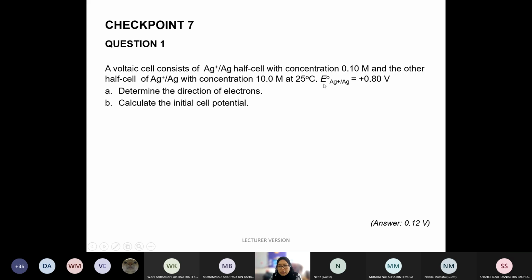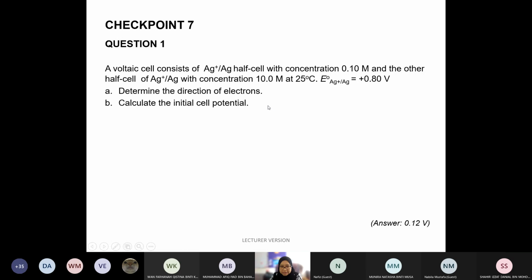This is E naught, or the E reduction potential for silver. It is given as 0.80 volt. All right, first you have to determine the direction of electron flow. We have one solution that is more concentrated than the other. As we have learned just now, the electron will be moving